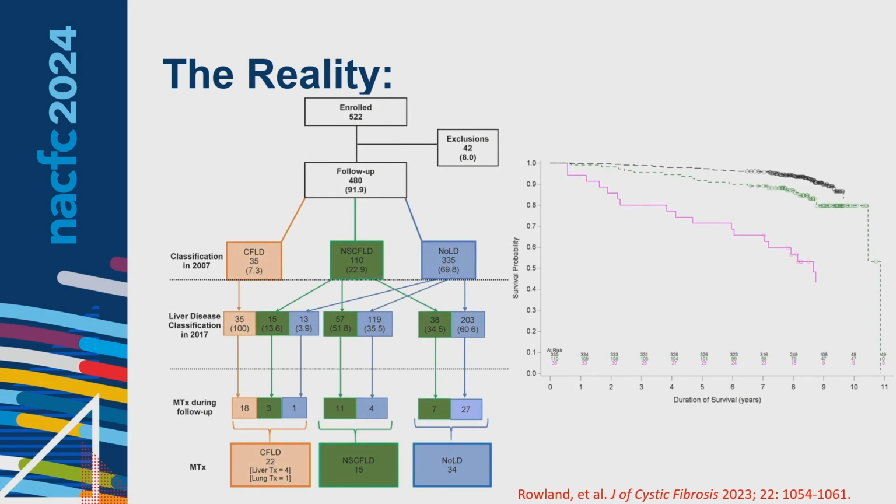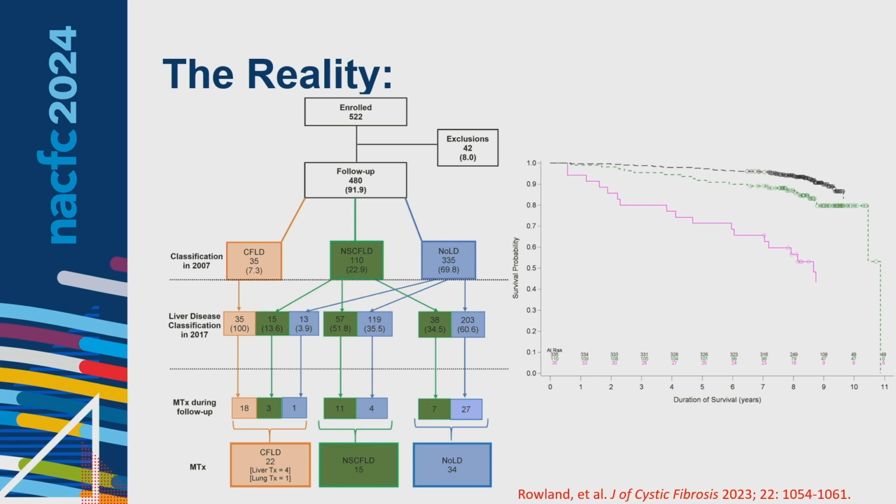So this was a nice population study out of Ireland that I think is wonderful. In 2007, they looked at their patients that had advanced liver involvement, CFLD basically, or no liver involvement. And they looked 10 years later and showed who changed into what category. Nobody from severe went backwards. Several patients from nothing went forward, or in between went to more advanced disease. And then you can actually see the mortality or transplant rates there at the bottom. So I think once we have national population data a few years out that actually shows us what these Kaplan-Meier curves really look like after we've been on drug for 5 years, I think maybe then we'll know